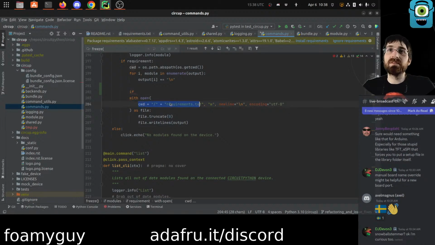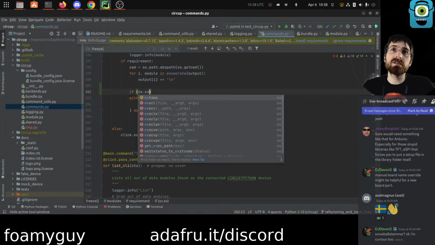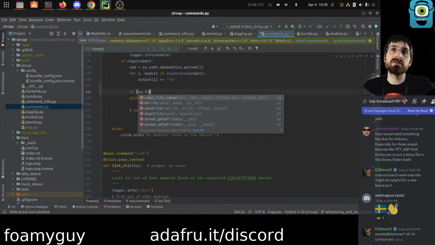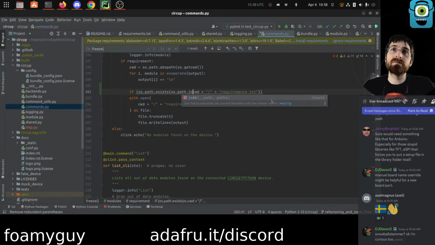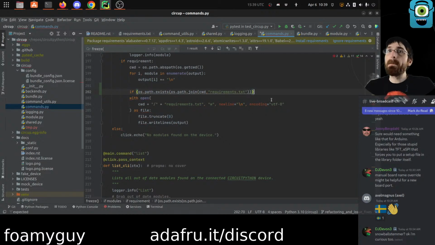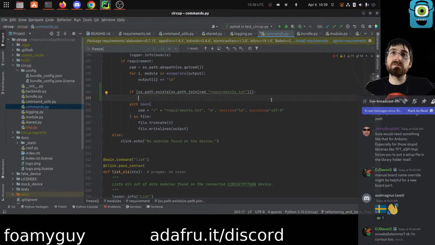this is probably not the right way to create the path either. Can you check if a file exists? Isn't it os.exists? os.path.exists? Yeah, let's do, oh wait, we want that one, CWD. I think we don't need the slash if we do it that way. All right, so if that file exists, then